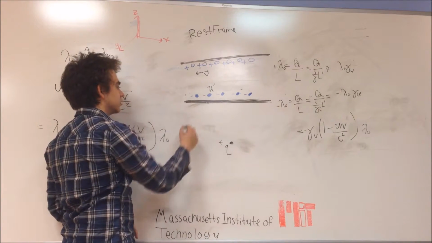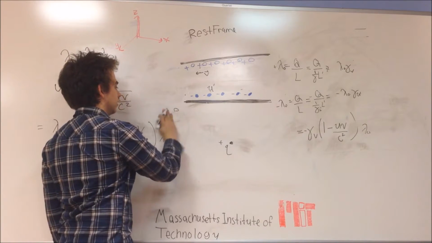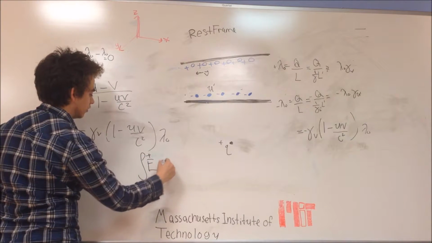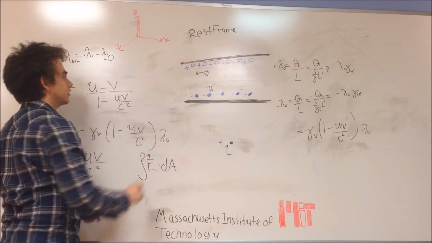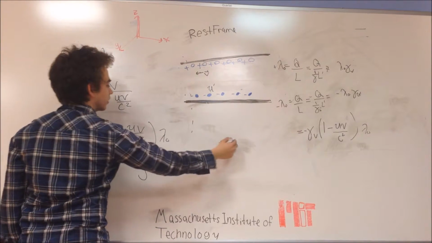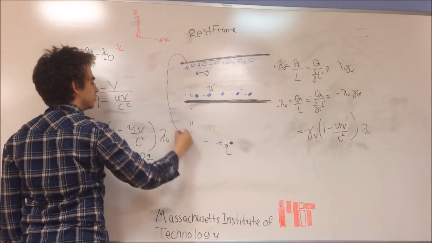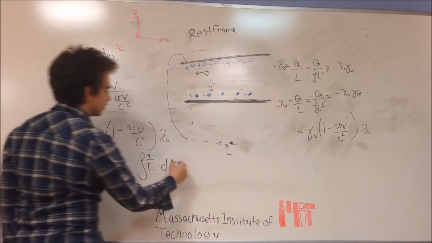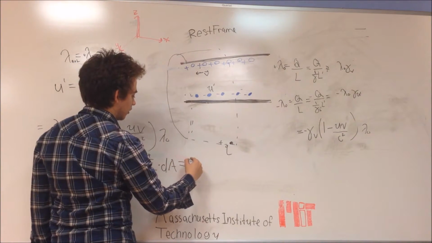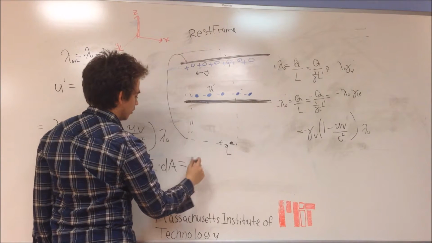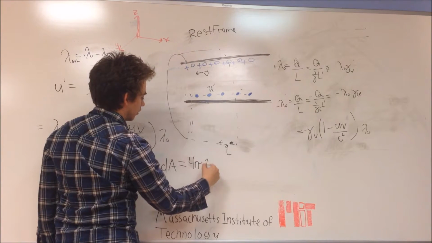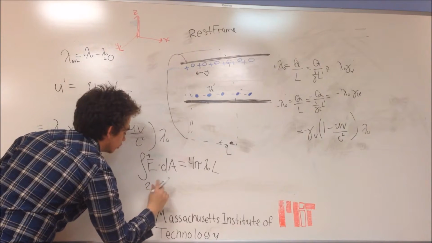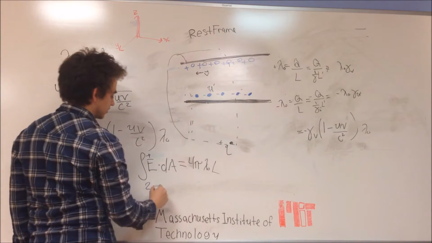Now let's use Gauss' law for this. If we just use Gauss' law, the flux of the E field over the area of our Gaussian surface, and let's say our Gaussian surface is something that encloses the particle, a cylinder, something nice, is going to be equal to 4 pi lambda times the length of our cylinder, which is 2 pi, let's say it's going to be distance r,